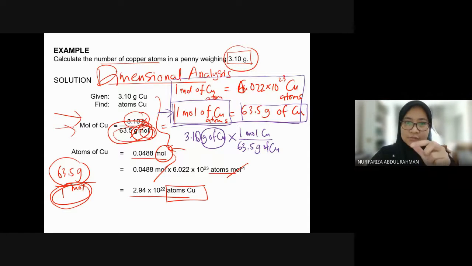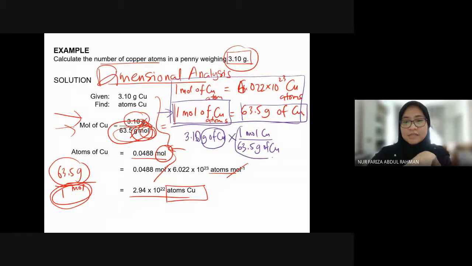What is the relationship between 2 mole of copper and the mass of copper? There's no relationship. Therefore it is wrong, it cannot be used. You don't have that justification. The justification that we have here is what we have learned so far, 1 mole of copper is equal to its molar mass. And then it will be cancelled out. So the gram of copper will be cancelled out with the gram of copper that we have here, and we will end up with the unit